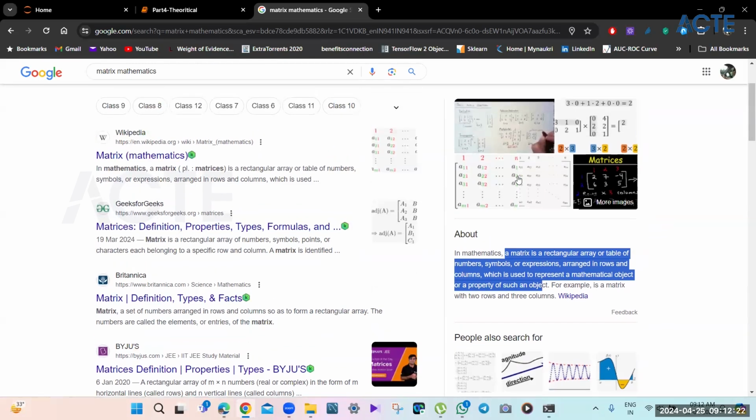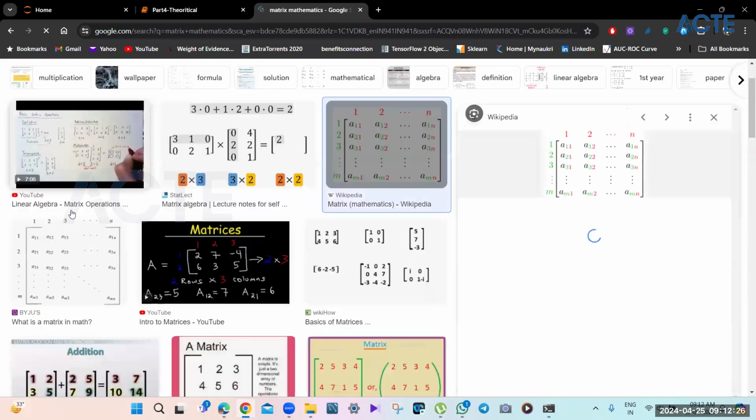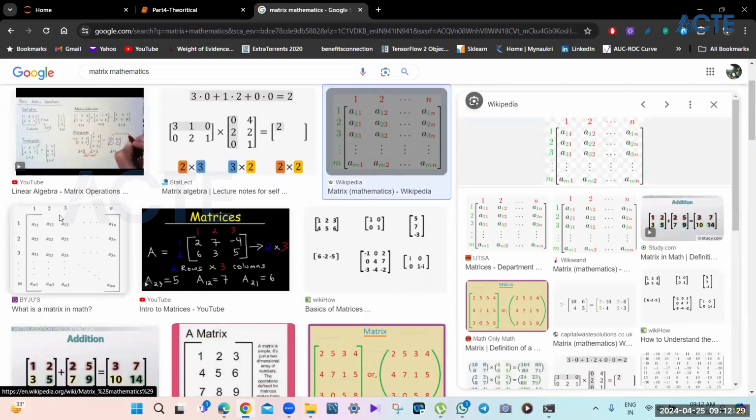So see the picture here. A matrix is something which looks like a table, but it will have multiple rows and multiple columns. For a list, we have seen it's only one row. It's one dimensional, but this could be multi-dimensional.